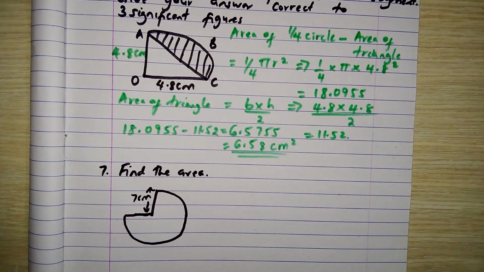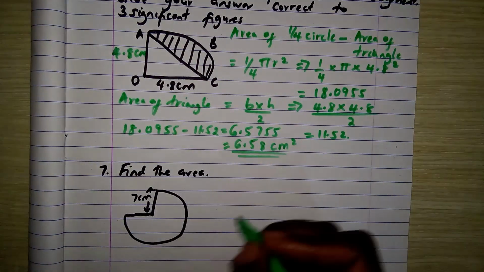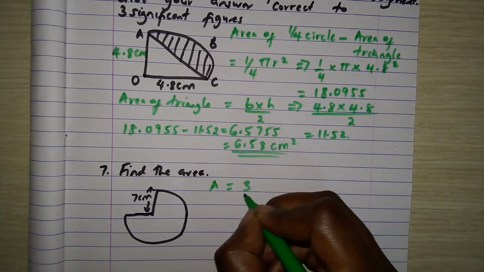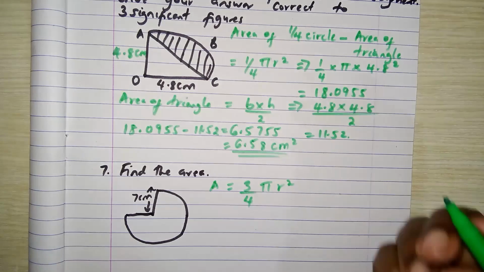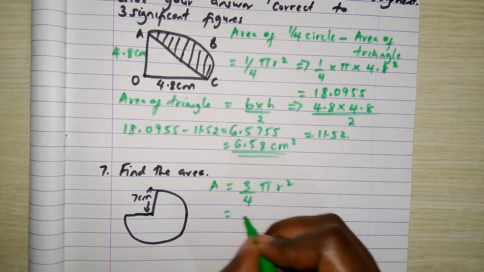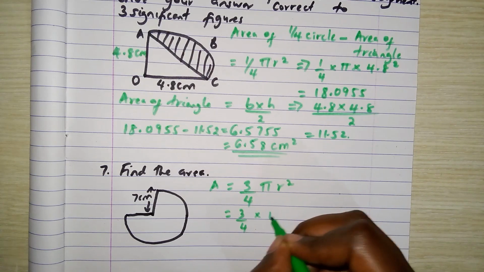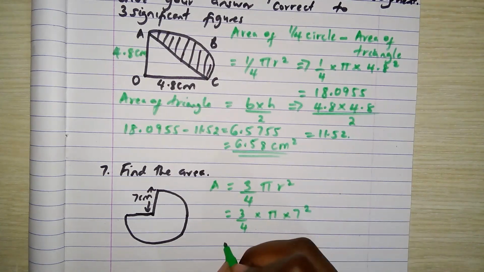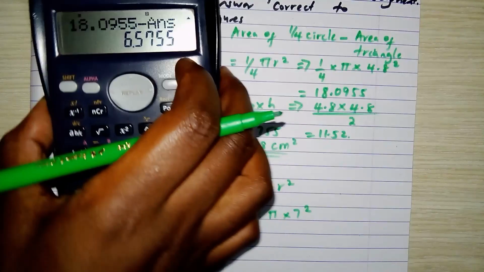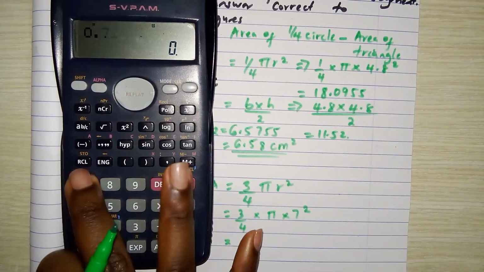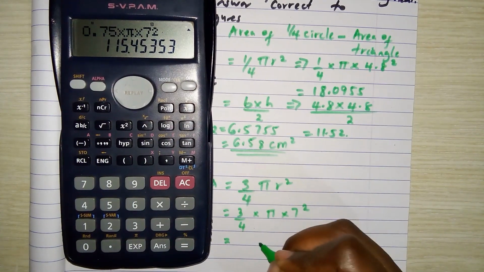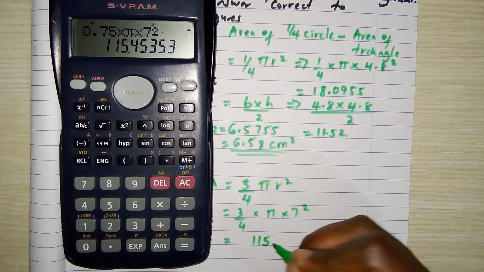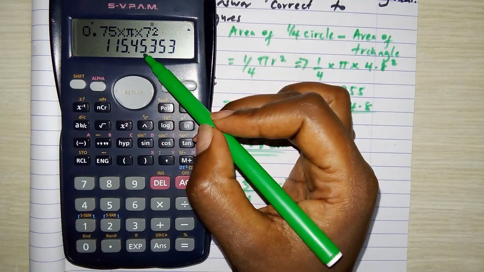Now the last question we have, this one is 3/4 of a circle, so we can say the area would be 3/4 times pi r squared. The radius is 7, so we can do 3/4 times pi times 7 squared. Now 3/4 is the same as 0.75 times pi times 7 squared. So the answer would be 115.45, to 2 decimal places,